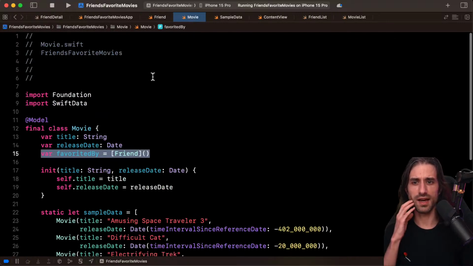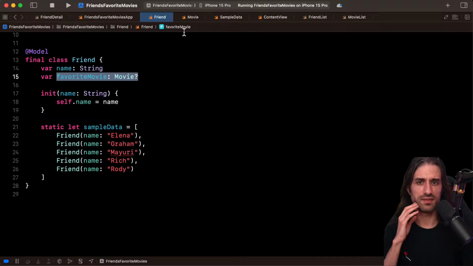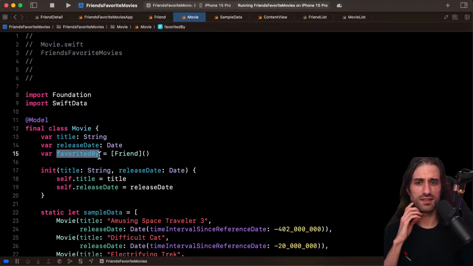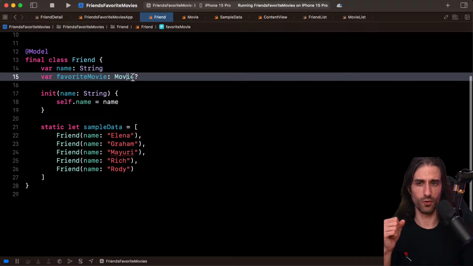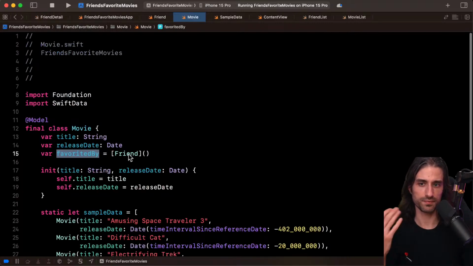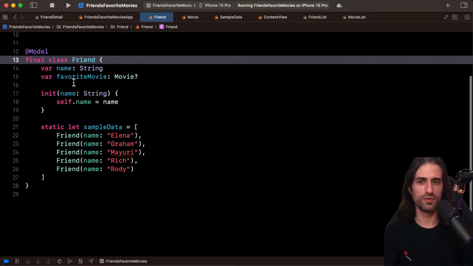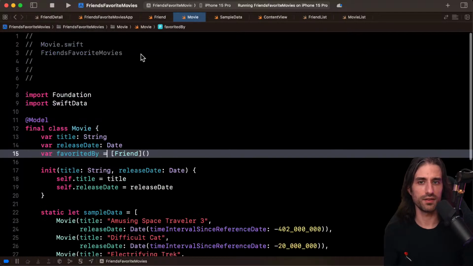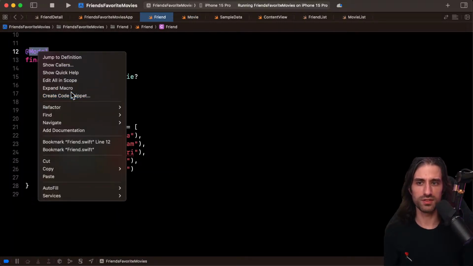That's interesting because I would have guessed that for this one, you don't need to say anything, but here, I guess you need to say that it's the inverse of this one. Since there is only one property of type Movie inside a Friend, it can be inferred. But if there were favorite movie and disliked movie, then how do you know which one is the inverse of the other? So actually, let's expand this macro to see.